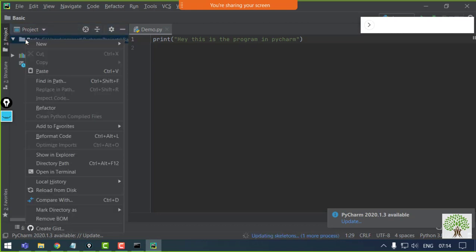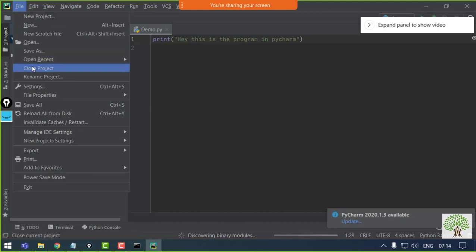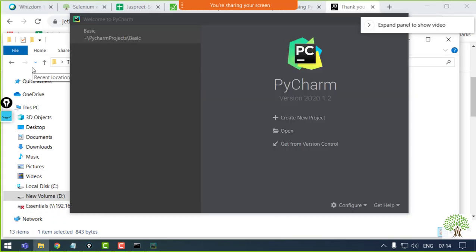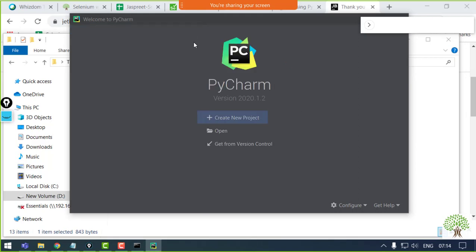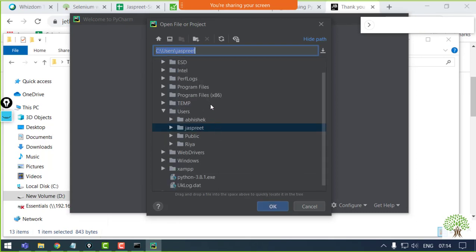We'll just close this project. Yeah. So when you open PyCharm for the first time, these are the three options you will be getting. You just need to open a project. Over here you go wherever you want to create the workspace, whichever location you are going to write your code in, you can choose accordingly.